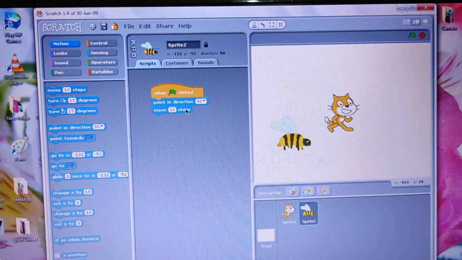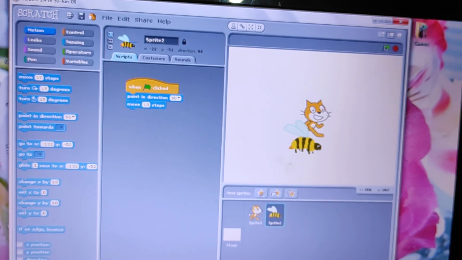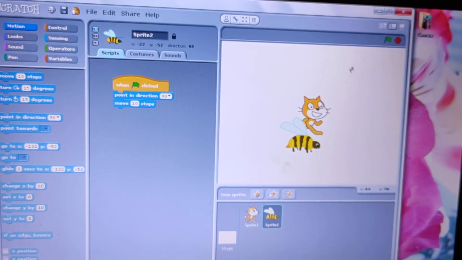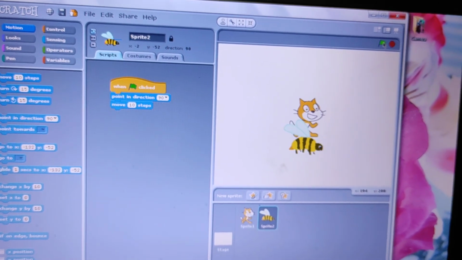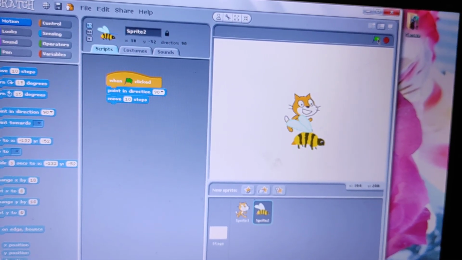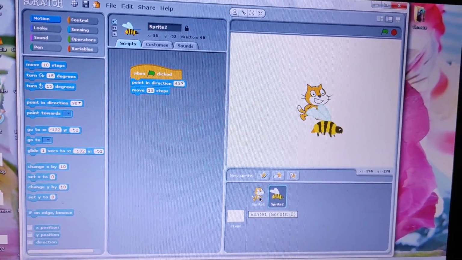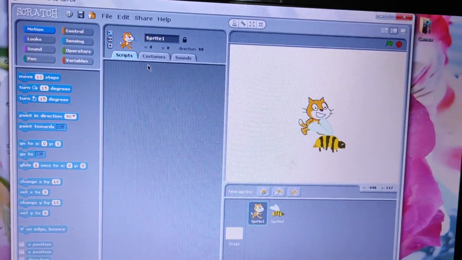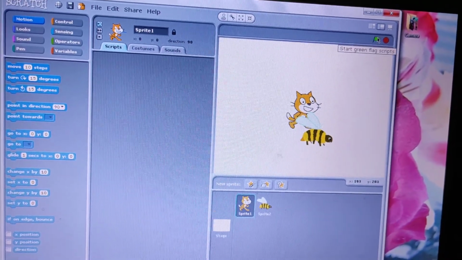Done. Now click on the green flag. This is a script for this new sprite, and after clicking the green flag you can see the selected sprite start moving. If you want to write a script for a particular sprite, first select that sprite, then write the script, and after making the program click on the green flag to run it.